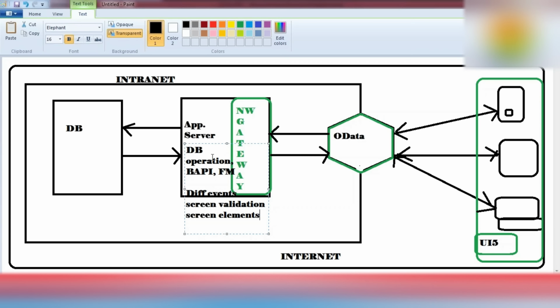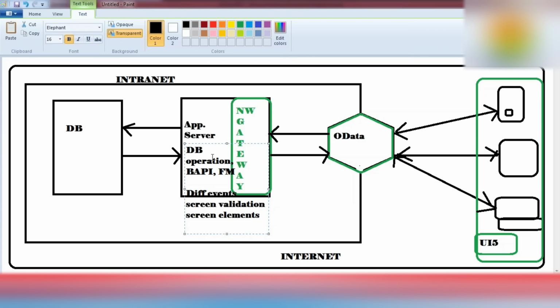That means the application server was heavily loaded, and memory consumption was also very high in the R3 architectural design, because everything was running and compiling on the application server.